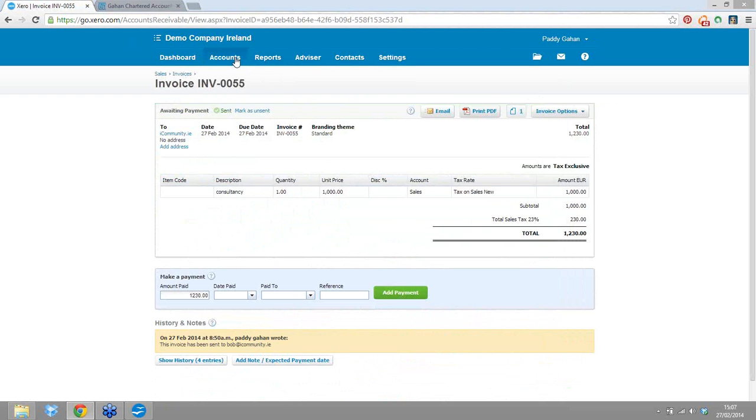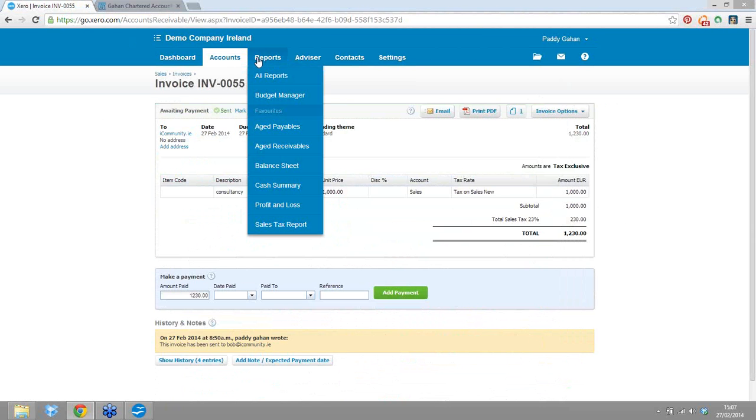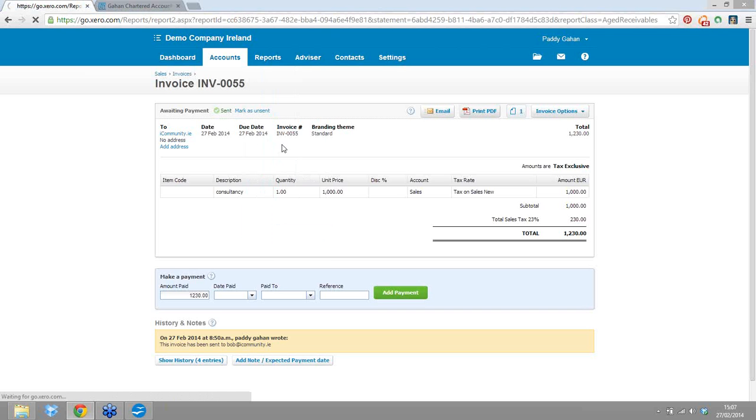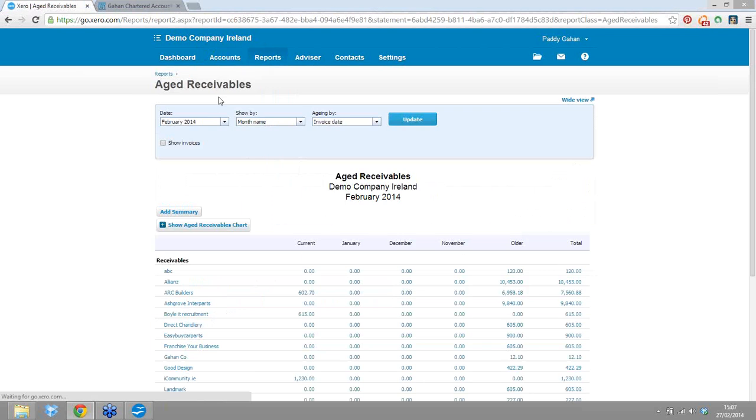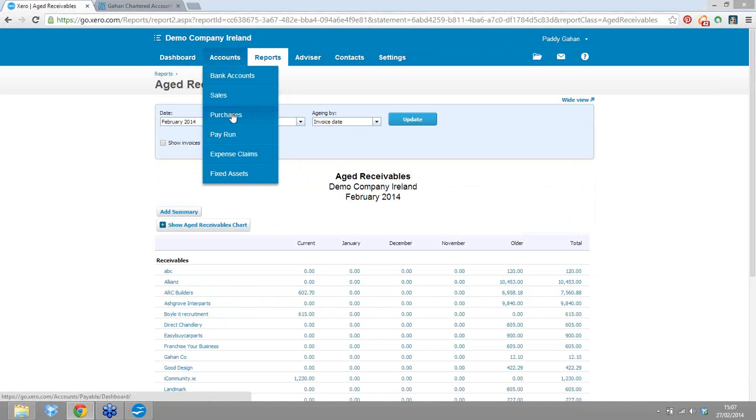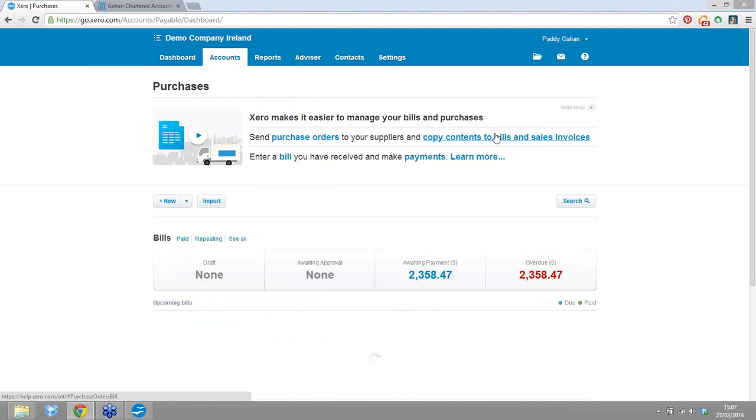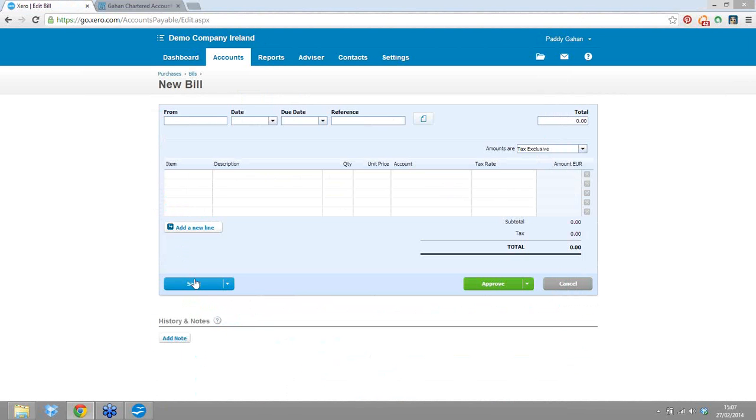Now I suppose the next thing we should have a look at just our aged receivables. And we can see there Art Builders, that one 369 has just gone in there, right? So then next thing we'll look at now is putting in a purchase invoice. So here we are then, purchase invoice from